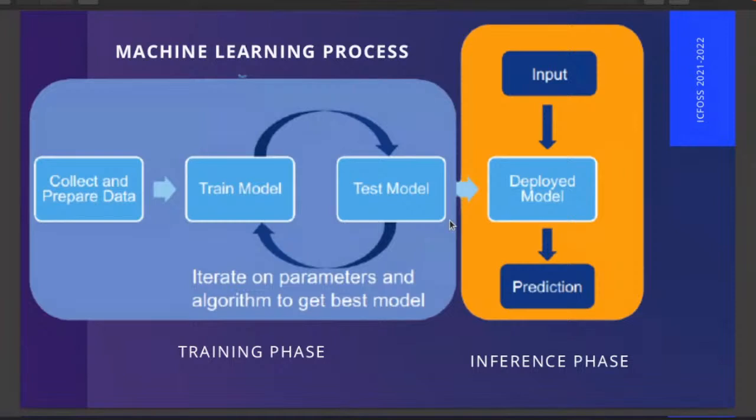So even when the model is available, we need to quantize it, because a model created in your system uses floating point numbers. Everything is a floating point number, so we need to convert the floating point numbers into fixed numbers. That's called quantization. This process can be done using many tools, which we can discuss later. So this is the first thing: you need to quantize the model weights.